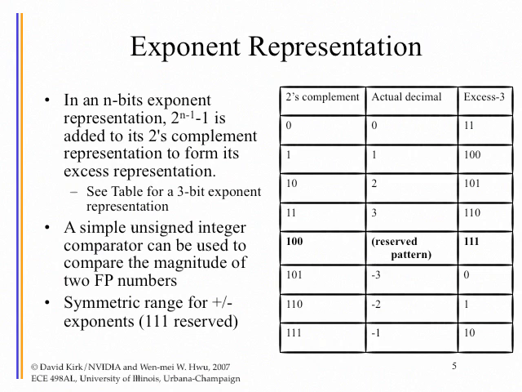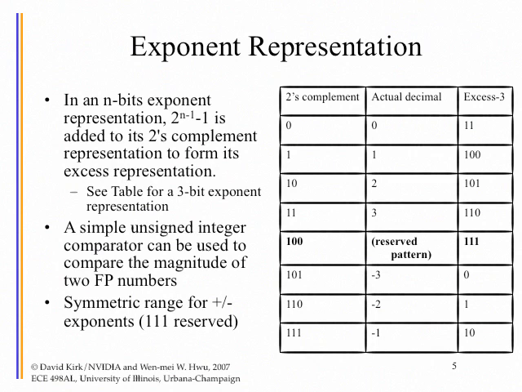For any n-bit exponent, which is 11 bits for double precision and 8 bits for single precision, we will use 2 to the n minus 1 as the offset, and we'll add that to the 2's complement representation of all the exponents and use that in the real representation. So for example,